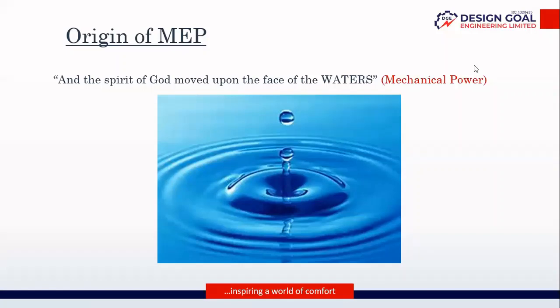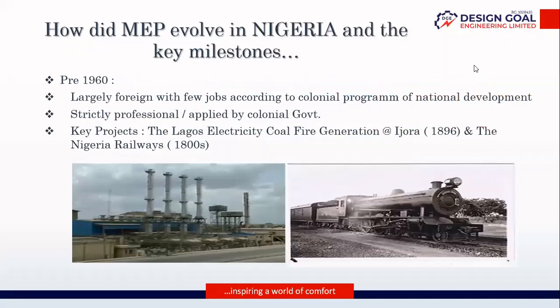In the pre-1960s, the mechanical and electrical engineering practice was largely owned by foreign companies. The jobs were being done by colonial masters, and it was treated as professional. So most of the people that practiced there were from abroad. Some of the key projects included the Lagos electricity coal-fired generation plants at Ijora, and the